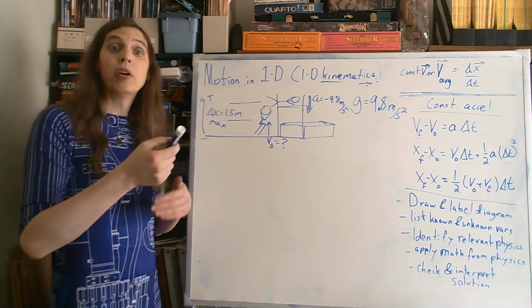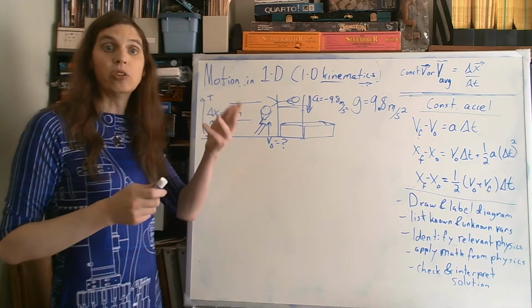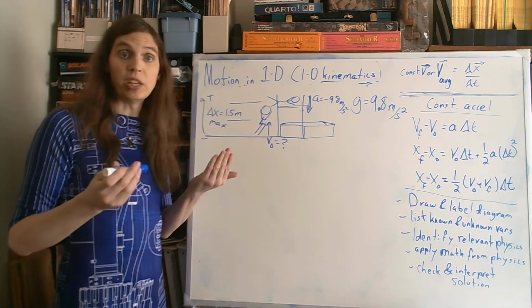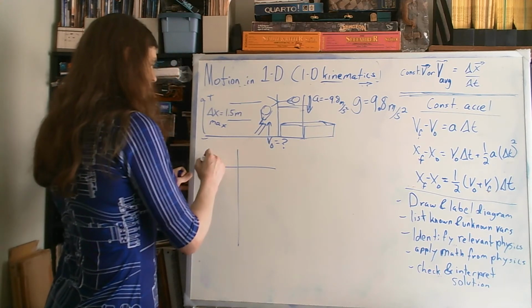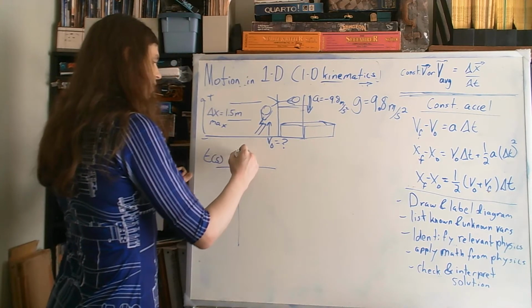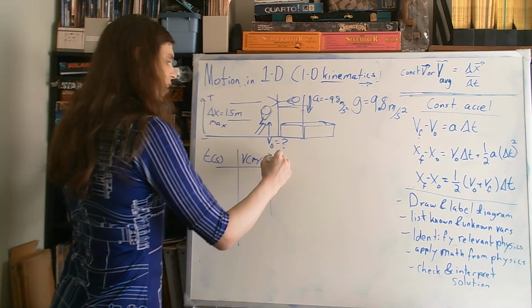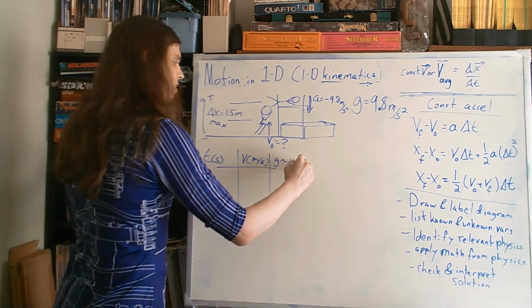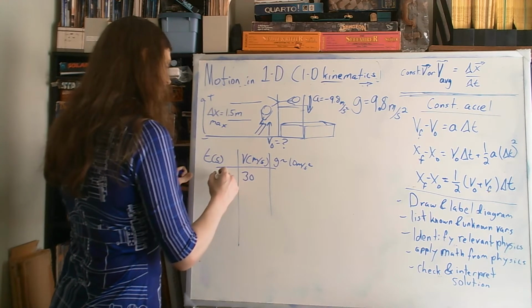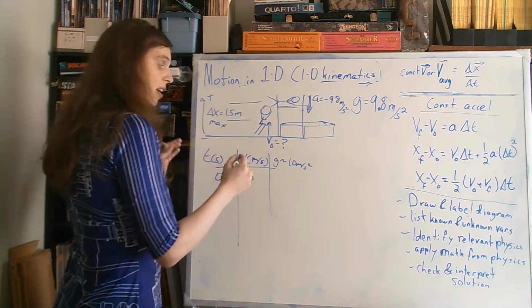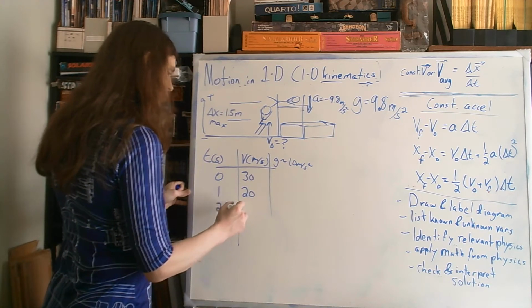As it goes up, the acceleration from gravity is causing it to lose about 10 meters per second with each passing second. So if we were making a table here with time in seconds and velocity in meters per second, and we say g is about 10 meters per second squared, and we started off at 30 meters per second,